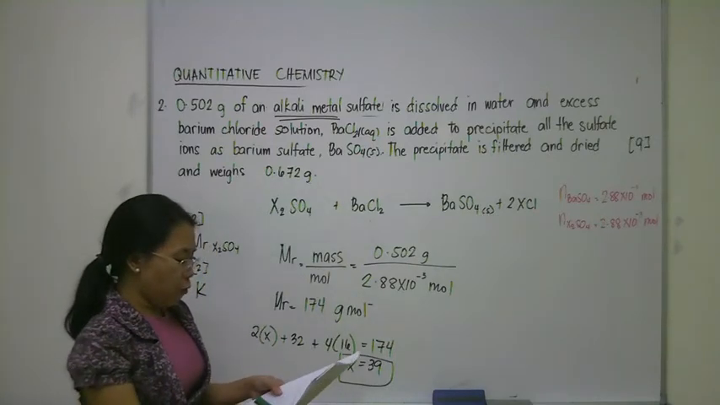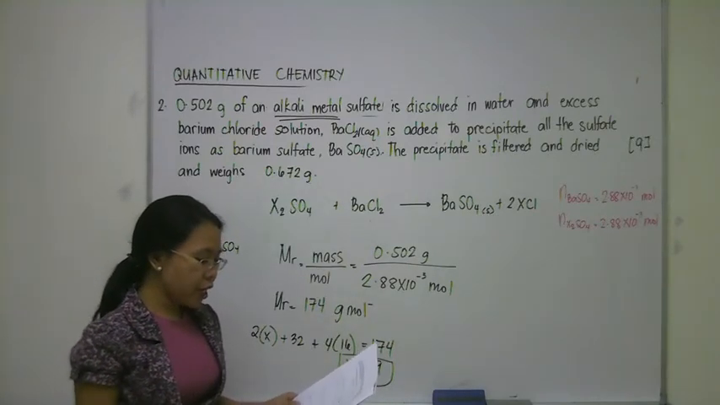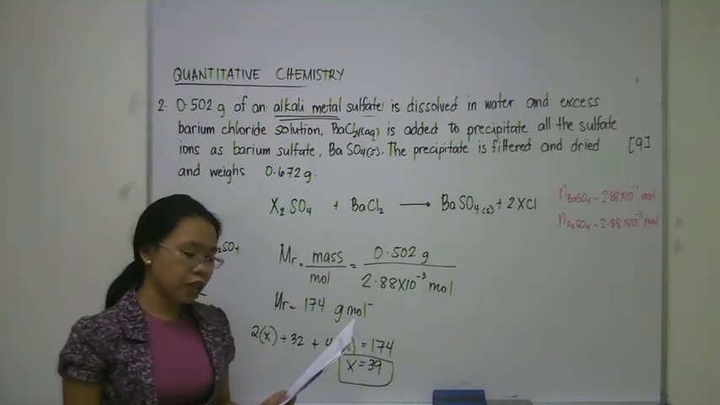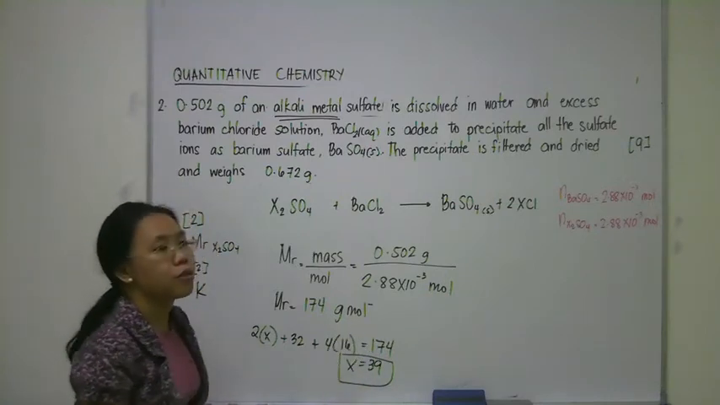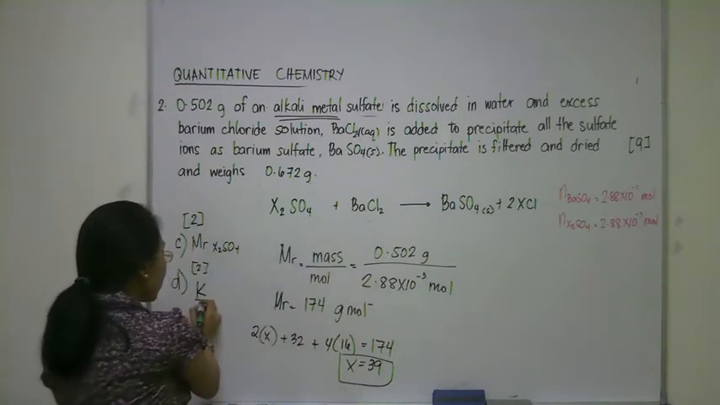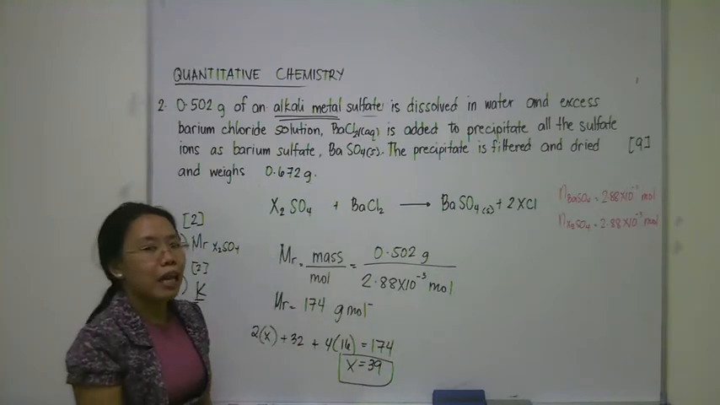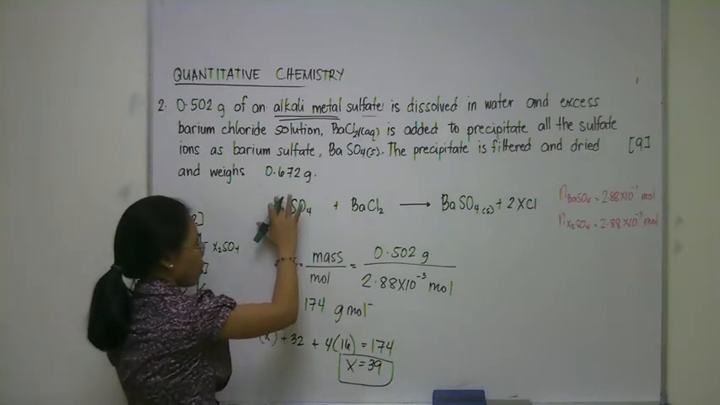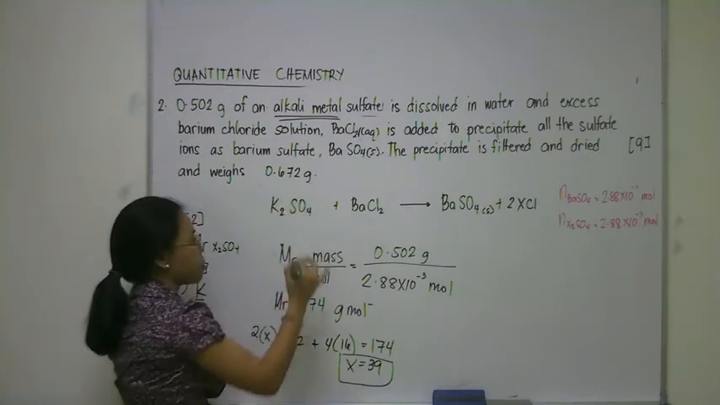Okay? Now for letter E, write an equation for the precipitation reaction including state symbols. So now we write the chemical equation using the identity of our alkali metal. So instead of X, we're going to write potassium sulfate